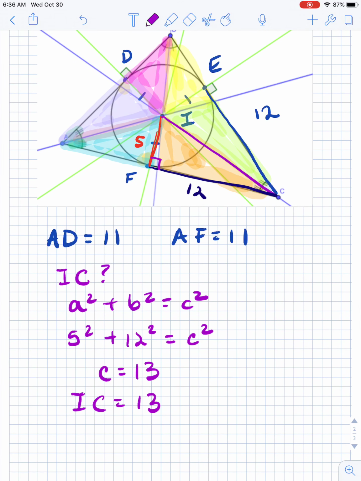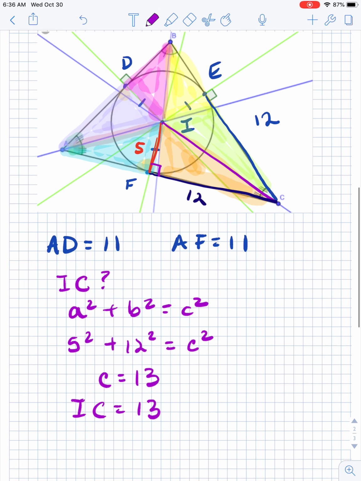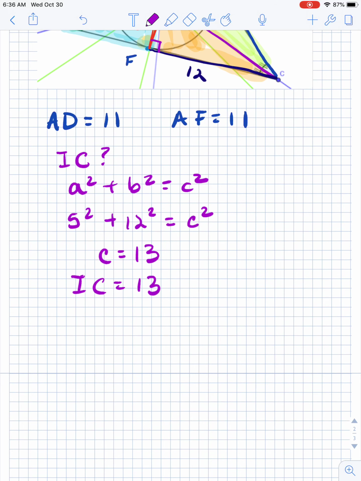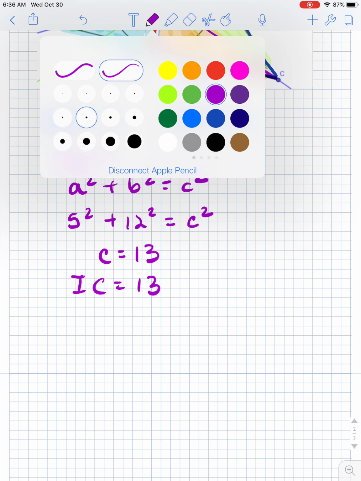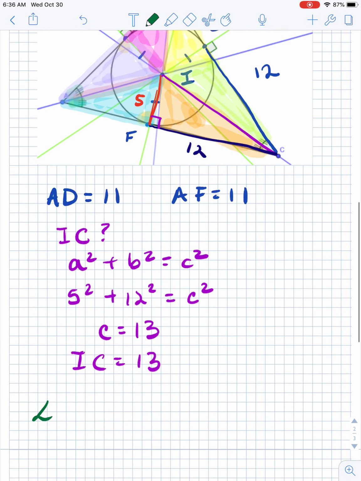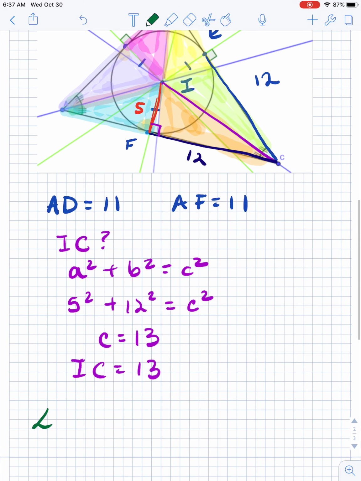Those are the types of problems that you guys are going to get with angle bisectors. Another thing that you're going to get is kind of simple, almost forgot. So I mentioned that the incenter is made by angle bisectors, so that means that the angles are always equal to each other. So if you get a problem where they tell you something like this, they tell you that angle, let me see what the angle is. Angle ECI